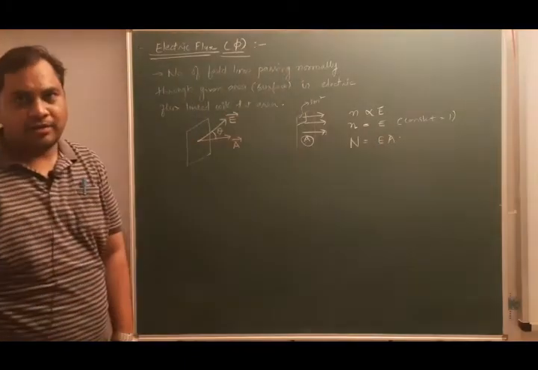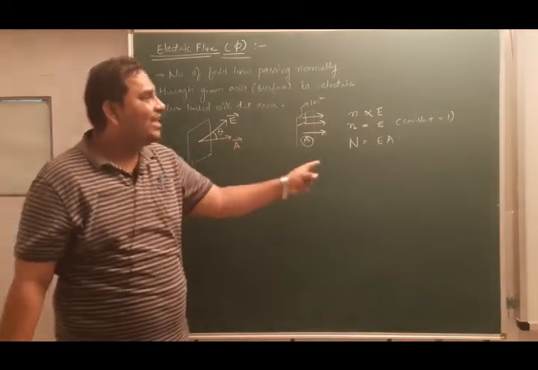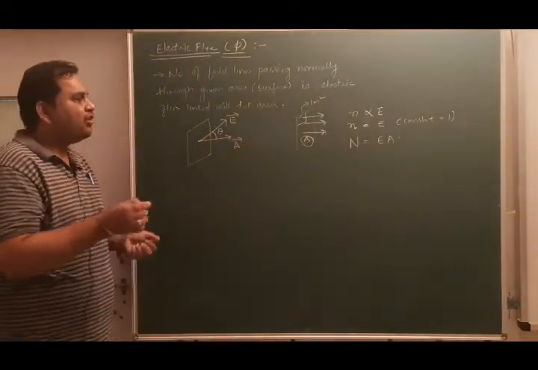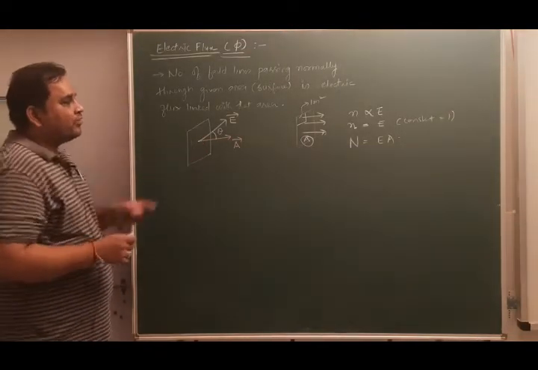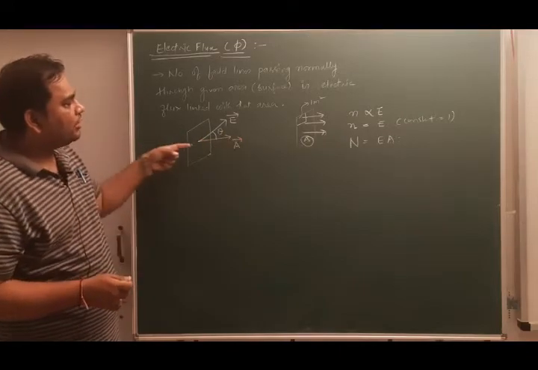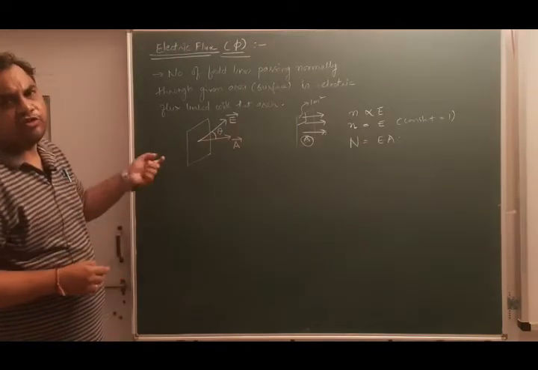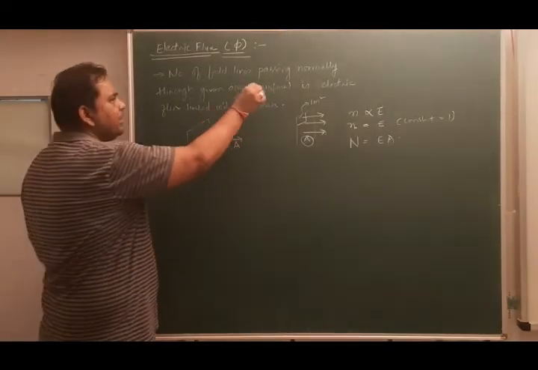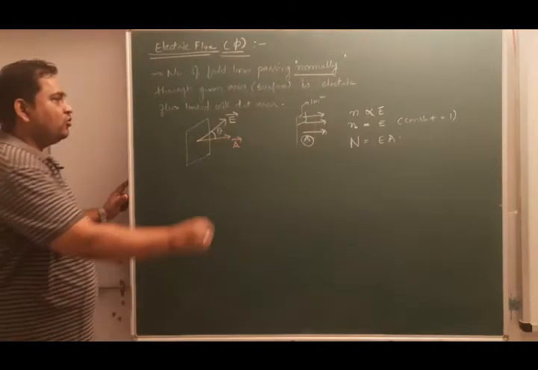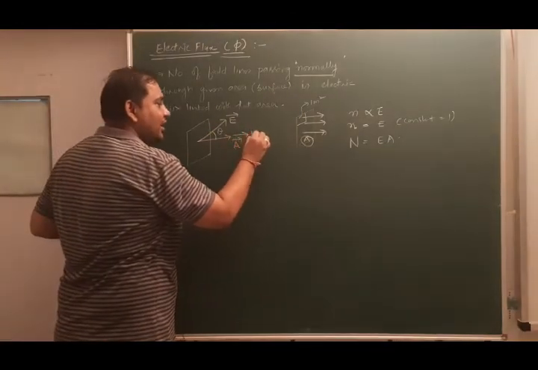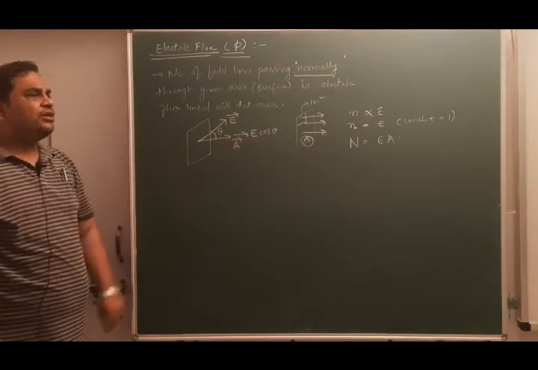Now it is quite clear. 1 meter square में से अगर E जितने इलेक्ट्रिक फील्ड लाइंस पास हो रहे हैं तो A एरिया में से कितने इलेक्ट्रिक फील्ड लाइंस पास होंगे? They will be equal to E into A. So over here now in this situation where E and A are not along the same direction, or in other words the electric field is not normal to the given surface, अगर normal नहीं है तो क्या करेंगे? हमें तो सिर्फ कौन सा चाहिए? Passing normally through the given area. तो हम क्या करेंगे? E का एक component लेंगे that is normal to the surface, and that component will be E cos theta.